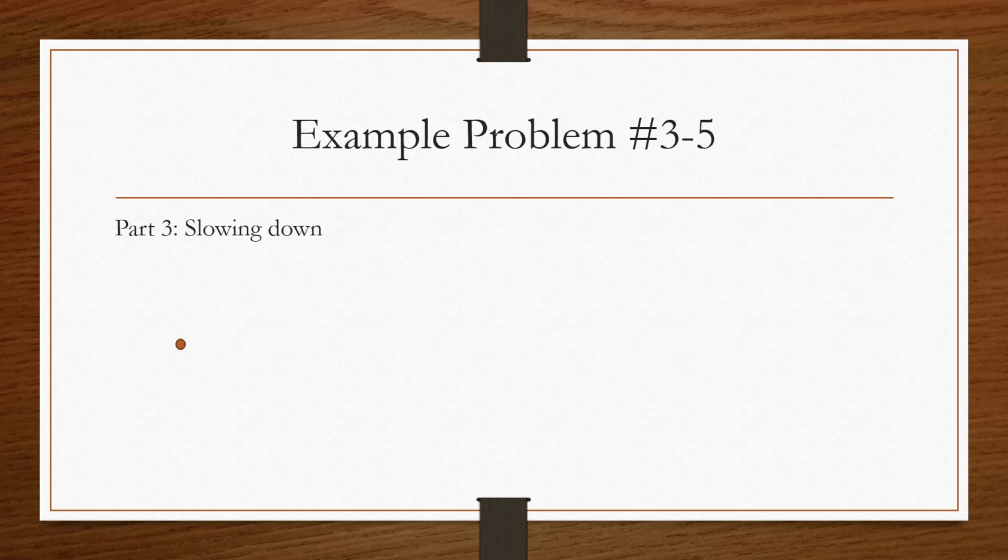3 is the slowing down part. And in the slowing down part, the acceleration is actually in the downward direction. How do I know it's in the downward direction? If you're moving upward and you're going from some constant speed to rest, you must have an acceleration in the opposite direction you're traveling. So I have my weight mg, my normal